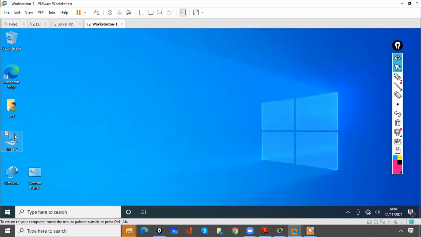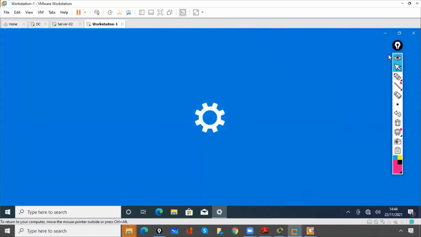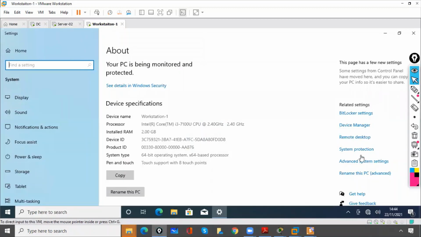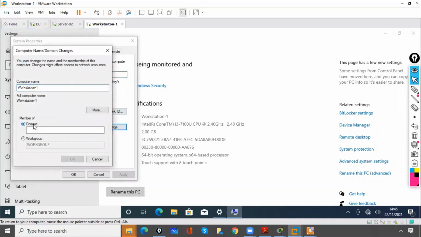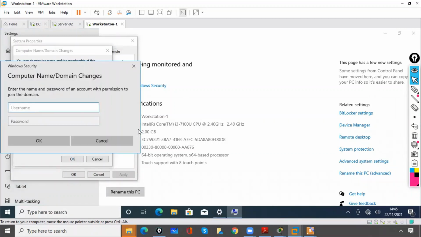We'll go to properties. Then we'll go to advanced system settings. Then we'll go to computer name. Under computer name, select this change option, domain ms.com. Then we'll click OK. Administrator @